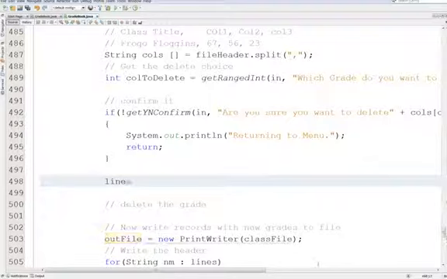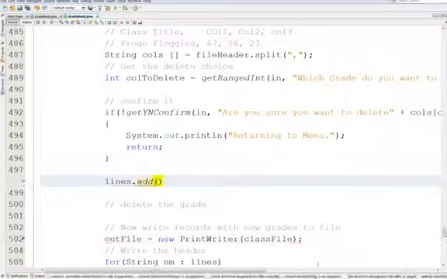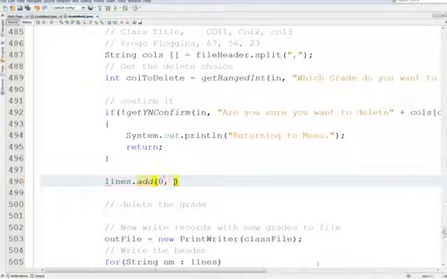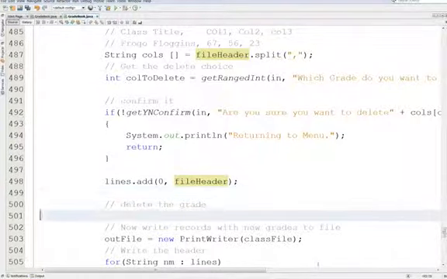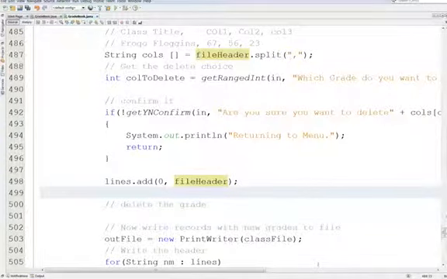So lines dot add, and then we want to add it as the first position, 0, file header. Okay. So now lines contains not just the student data, but the first element, which is the file header. And because we're not processing those numbers here specifically, we're reading it all as strings, it doesn't matter. Okay? Alright, now,